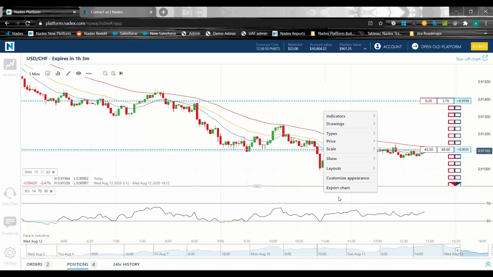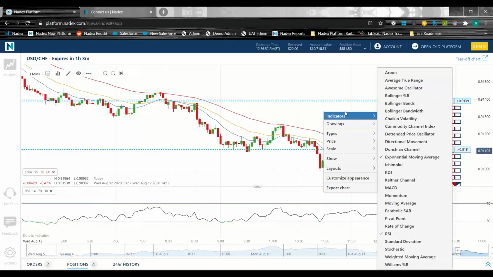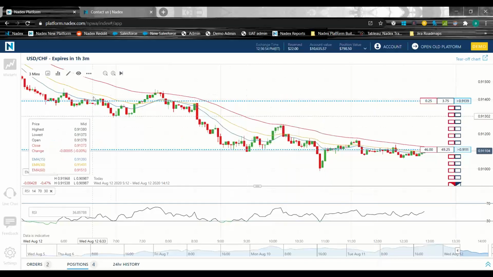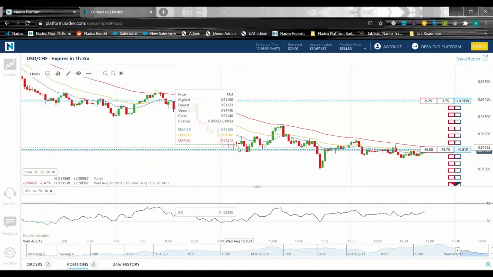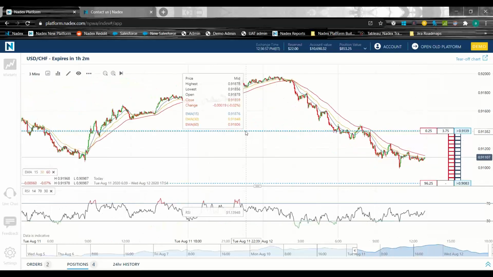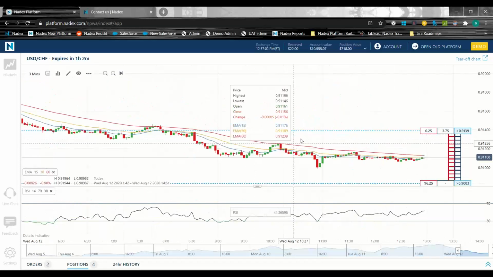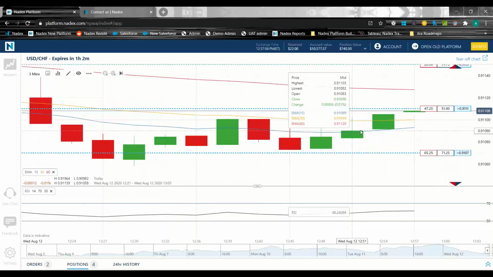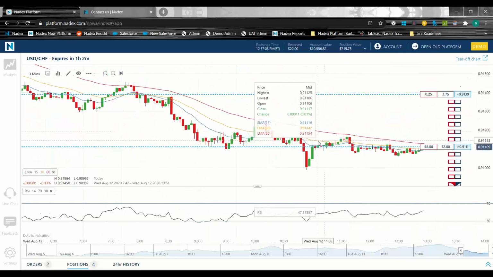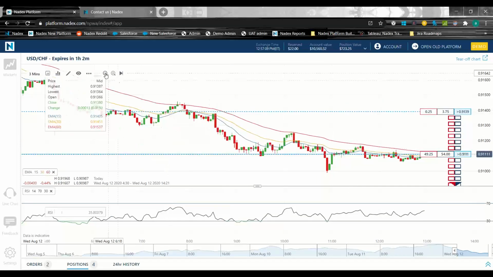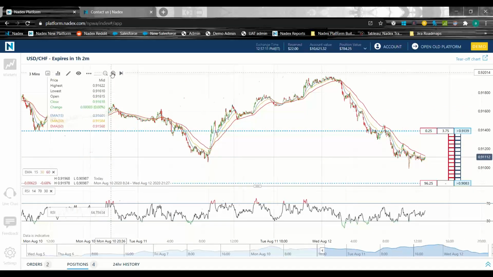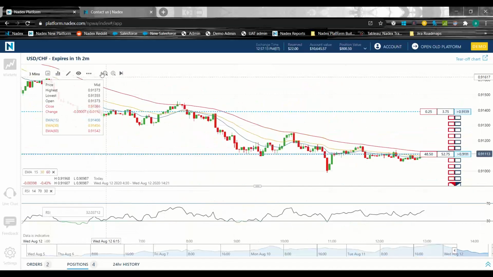So that's going to be everything on this little right-clicking section. Now there is one or two more things. You can see I've been zooming in and out as I go through this webinar, and I've been doing that with my mouse wheel, zooming in and out of these different markets. You can also do that up here. So I can click these zoom in and zoom out buttons. And then you can also